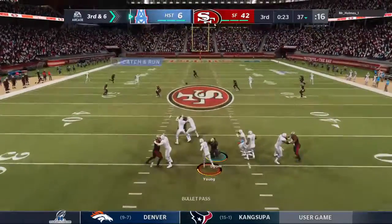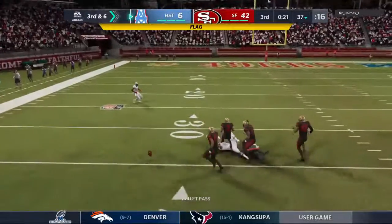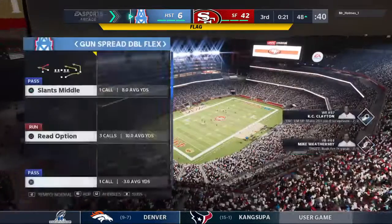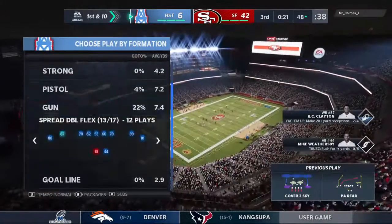Now they'll throw here out of the gun. He's going to rifle one deep left side. That's incomplete, but there is a flag down, so hang on. A big call coming on third down. Well, instead of...